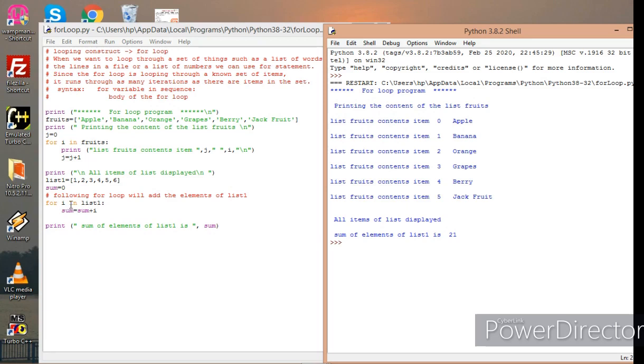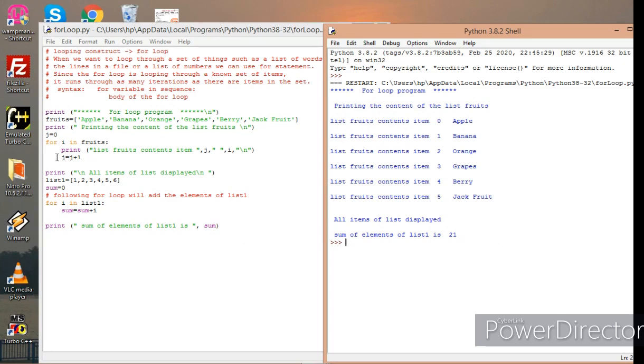It takes the value of i as 1 initially, in the second iteration it takes 2, in the third iteration 3, then 4, then 5, then 6. Finally I have displayed the value of sum, that is 21.